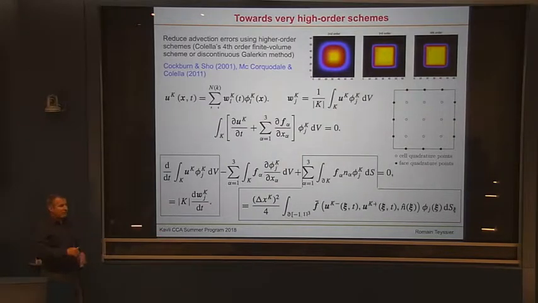So before, right, we had only one unknown, which was the constant value of the density, for example, in the cell. Now we have much more unknowns, which is basically each coefficient, so the constant value, of course, but also the linear coefficient, the quadratic coefficient, and so on and so forth. So you can end up with 2,500 new coefficients per cell, and all of them are unknowns that you need to update as a function of time. Right? So it's very expensive.